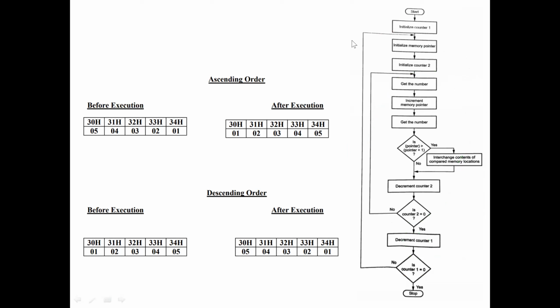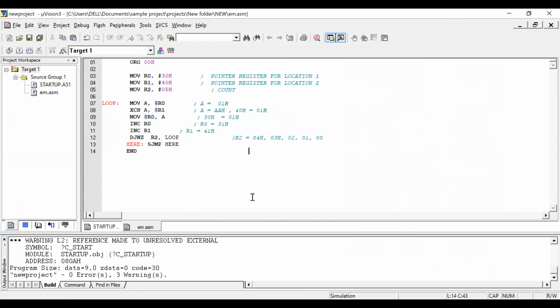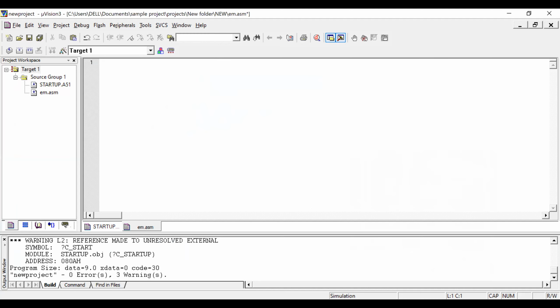So this logic we can execute in the software that I have opened. So I will remove this. Okay. I will go with the program.